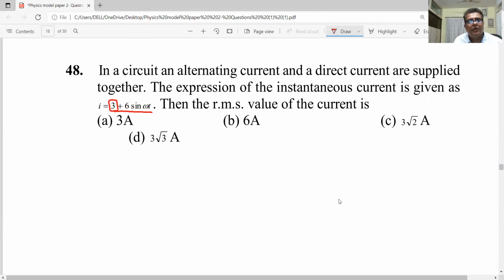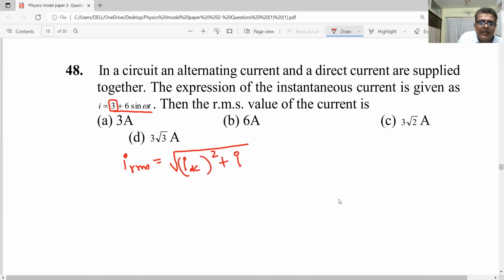RMS value of the current. Okay, 6 sine omega t is dependent on time. As the time changes, the value of the current keeps changing. So what is the RMS value? Remember, in this case, my dear students, I_RMS is equal to root of I_DC whole square plus I_AC RMS value whole square. Correct? So which is equal to root of 3 square plus